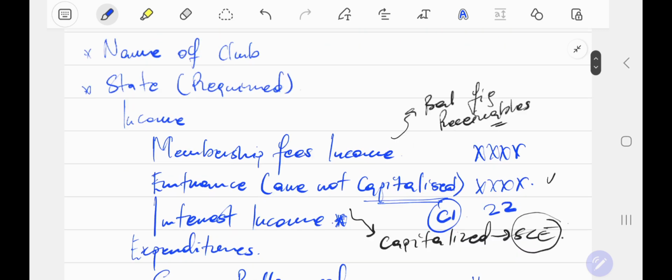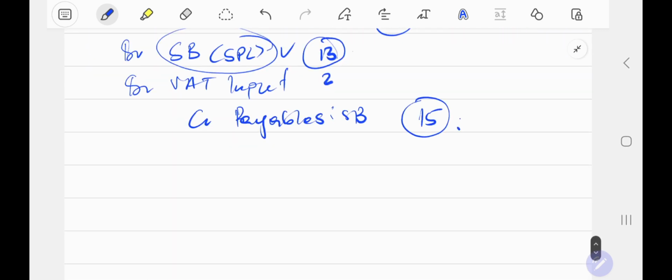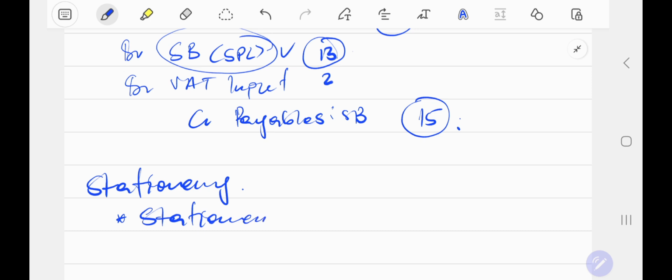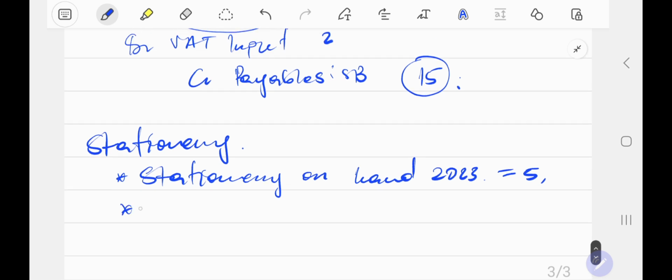Maybe I can do one last example as well. So let's say you have stationery. You have an adjustment for stationery, right? So on stationery, they tell you that you have stationery on hand at the beginning, which is from last year, from 2023, right? You have stationery on hand of 5 rand, right? And then you also have what? You also have